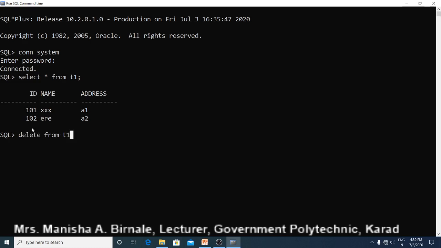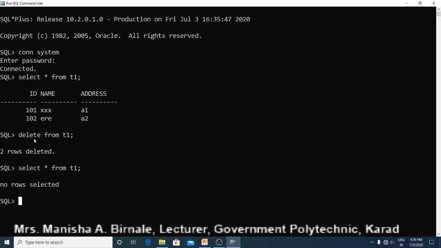If you write only delete from T1 without where clause, all the records from the table are deleted. So if you see, select star from T1. No rows selected because two records are deleted from the table.